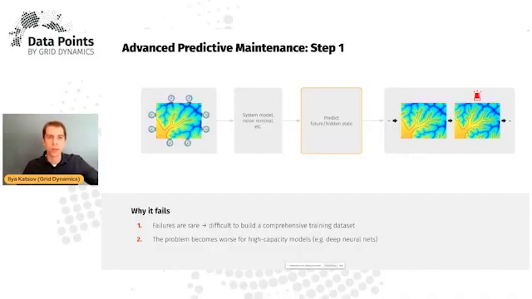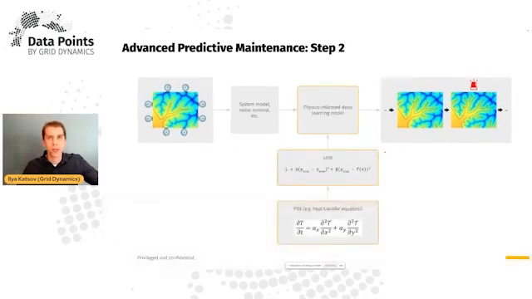abnormal scenarios, and the problem of collecting this data becomes even more severe if we are using complex high-capacity models that require a lot of samples to be trained. So it can be quite challenging to collect this data and to build this type of models this way. And there are different techniques that can be used in practice to work around it. One technique that